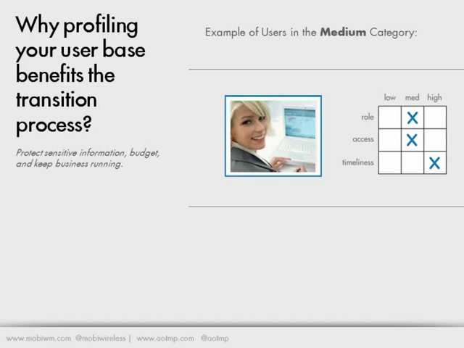So the medium category, and these are more of the fence sitters that we've had, where the high users or the lows are the easy ones. It's the ones that are in the middle somewhere that you've got to make a decision on. This is a case where maybe a lower stipend, like a $20, $30 stipend makes a lot of sense because you're paying for a part of their service and yet not all the service, and you're pushing some of that cost burden back. And every company is going to be different, and they're going to have to make these decisions based on different roles.